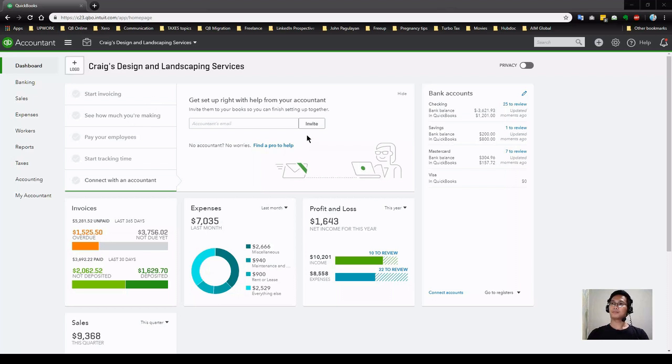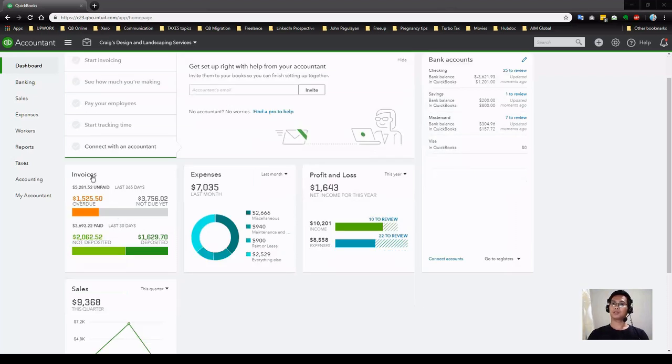So right when you log into your QuickBooks Online account, you will see your QuickBooks Online dashboard. You will see your business logo here, your business name, and the bank accounts that are linked to your QuickBooks Online. We'll display here the number of transactions that need review and the bank balances on your QuickBooks and from the bank. On the other side, you will see the box for invoices, and you will easily see how